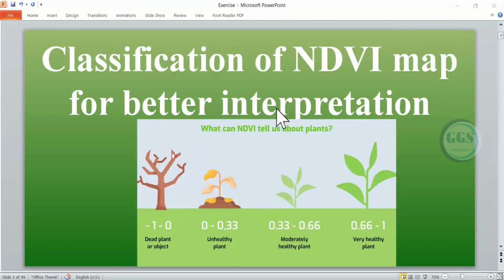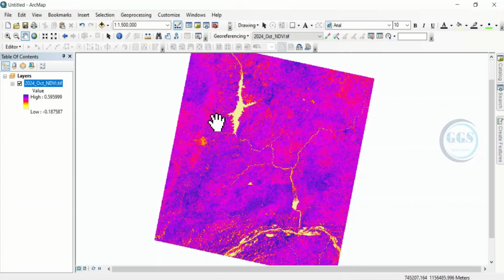In this video, I want to show you how to classify the Normalized Difference Vegetation Index map for better interpretation. Once you produce your NDVI map, how do you classify the values so you can specifically assess the vegetation health? So in ArcGIS, I've produced the NDVI value for my study area for the year 2024, specifically the